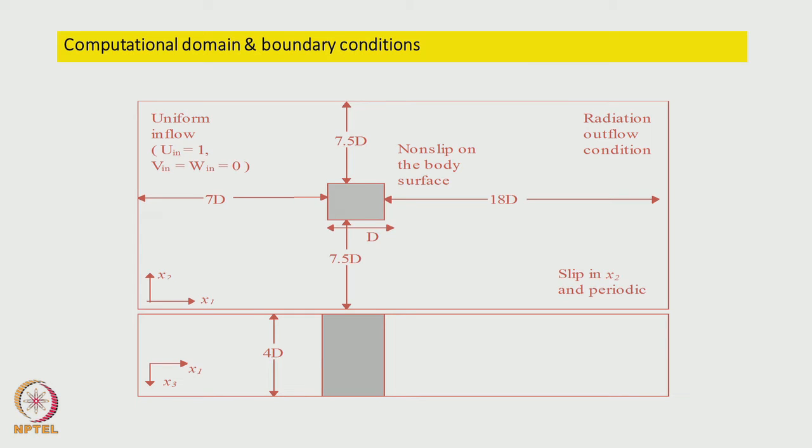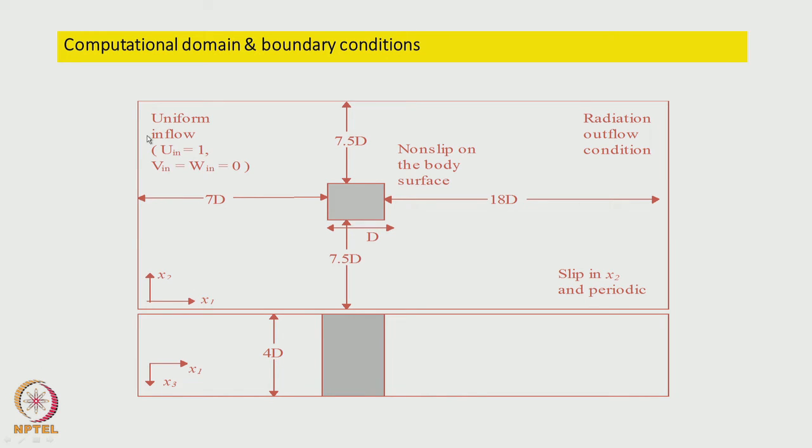So, first problem, a square cylinder is placed and it is a 3-dimensional simulation. So, we have one view in the x1 x2 plane, where x1 refers to the x direction and x2 refers to the y direction. In the other view, the x1 x3 or x z plane. The flow is coming from left to the right